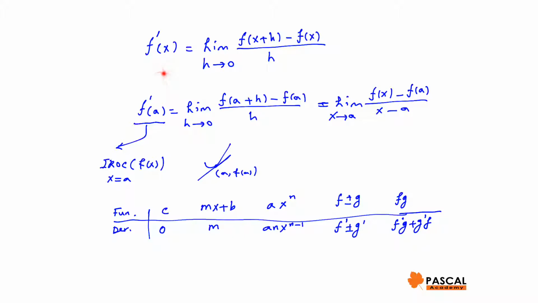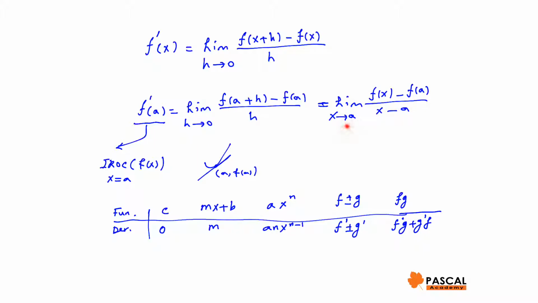In Chapter 1, we got familiar with the concept of limit. Then we defined f prime of x, the derivative of function f, as the limit of the difference quotient, f of x plus h minus f of x over h as h approaches 0. This is called the limit definition of derivative, or first principle. F prime of a is the limit of f of a plus h minus f of a over h as h approaches 0, which is the same as the limit of f of x minus f of a over x minus a